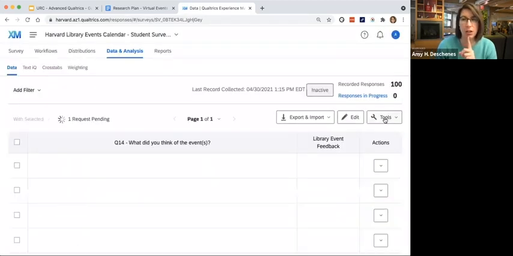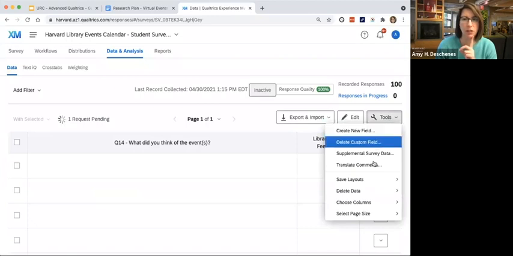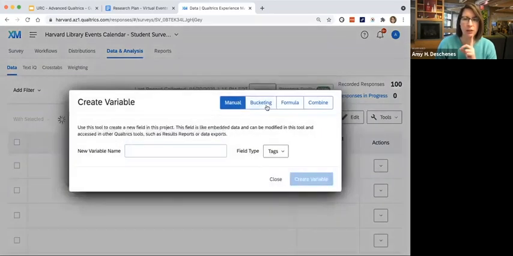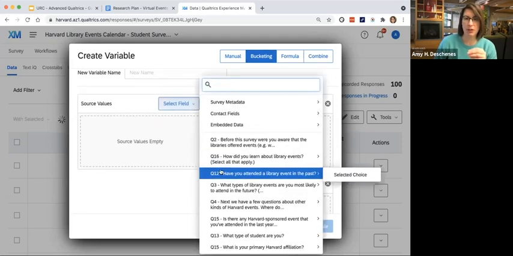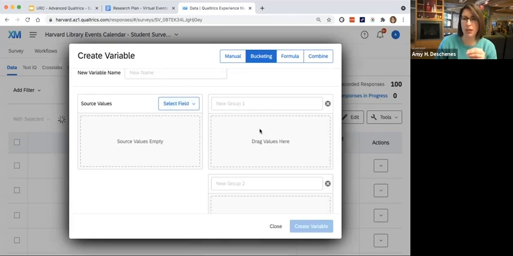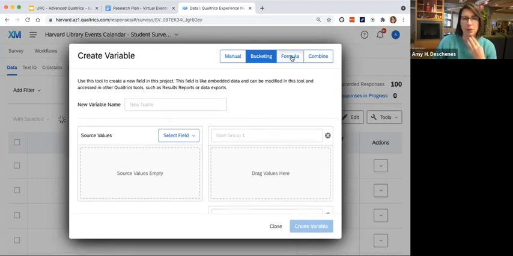One last thing I just want to share is the different types of fields you can create in here. You create new fields. Some of the other options that are a little more advanced can be really useful. Like this bucketing one, say you had a Likert scale where you had strongly agree and agree as options and you just wanted to bucket those together for your report, here's where you could do that. You could say, take these fields and put them in a group together, and then that will add it as a variable or a question within the report.